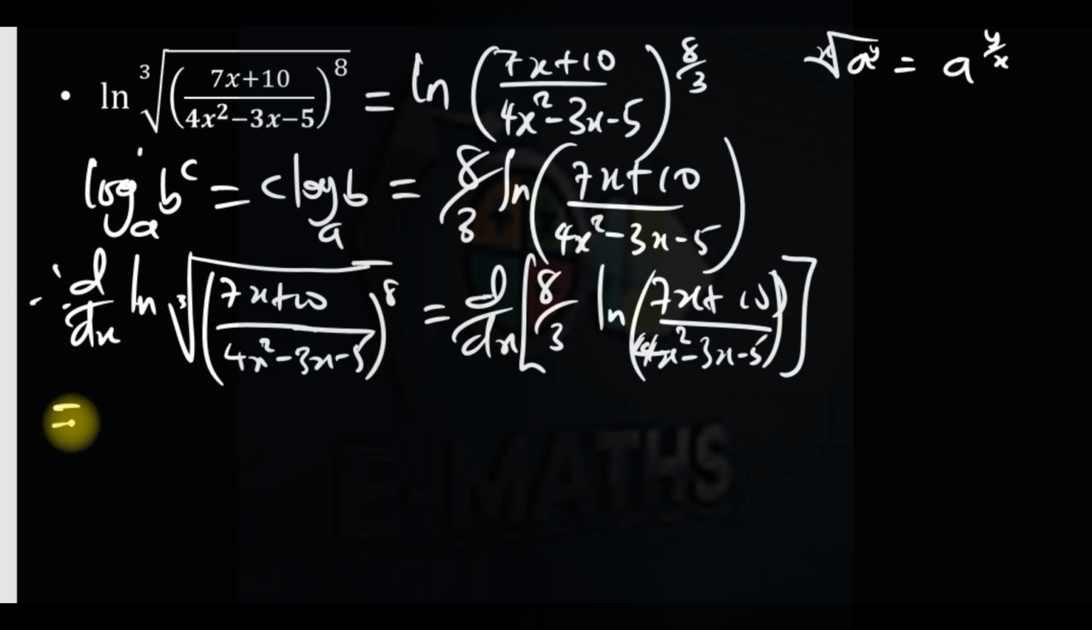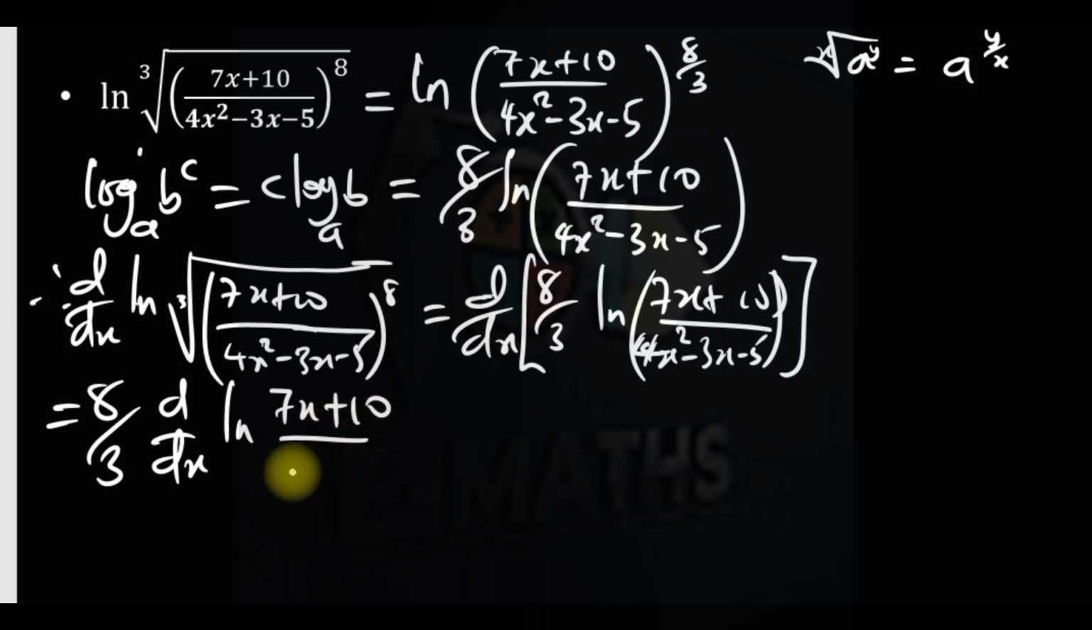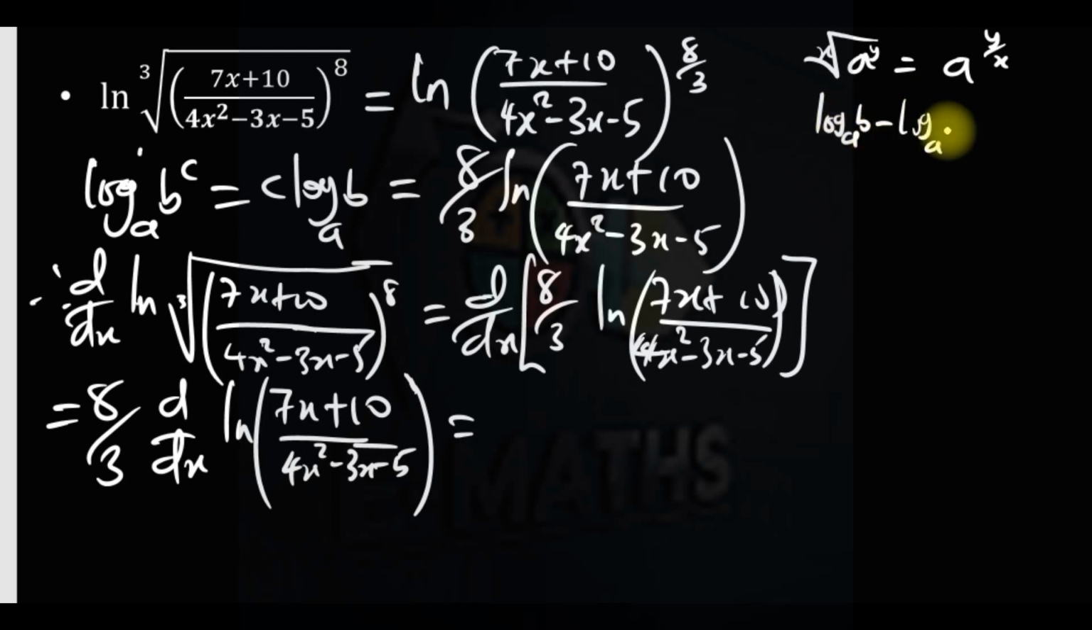So which could be written as 8 over 3, because this is a constant, so we can bring the constant 8 over 3 derivative of ln of (7x plus 10) over (4x squared minus 3x minus 5). Again, do you remember the laws of logarithm that state that if you have log a minus log b, the bases are the same and you subtract, you can bring the two together as log a over b. So as you can see,